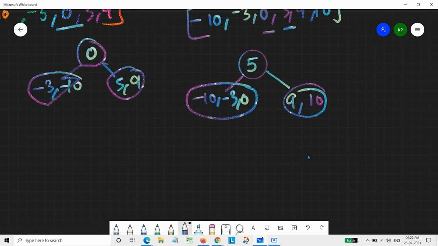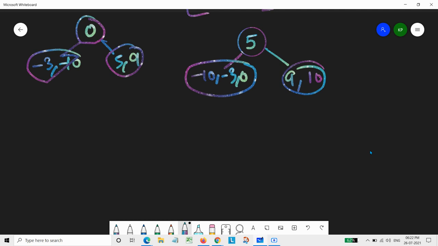And here the part of height balance will be most important because we are having more number of nodes at the left subtree and fewer nodes at the right subtree. So in this case, we need to be careful about making this binary search tree. So now the root is this,